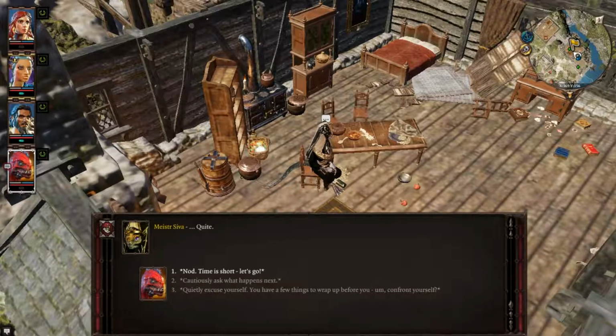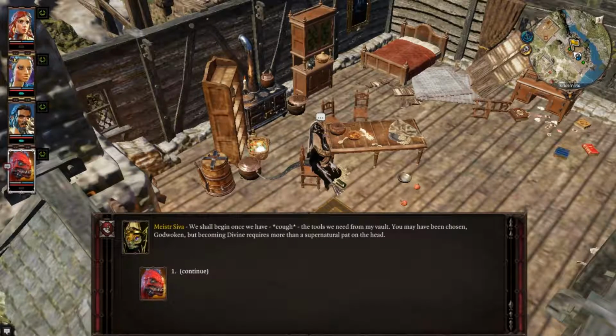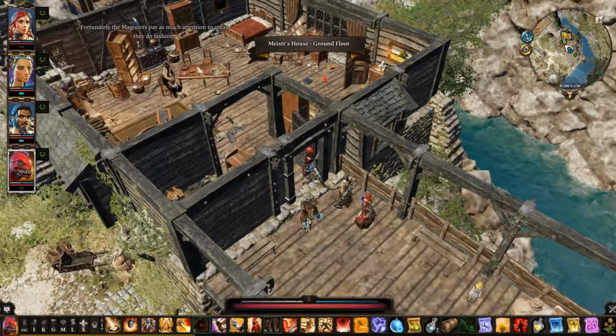Okay. Time is short, let's go. Enthusiasm? On a weekday? My word. We shall begin once we have the tools we need from my vault. You may have been chosen God-woken, but becoming divine requires more than a supernatural pat on the head. Come, God-woken. It is time to see just how awake you are. Fortunately, the Magisters pay as much attention to our